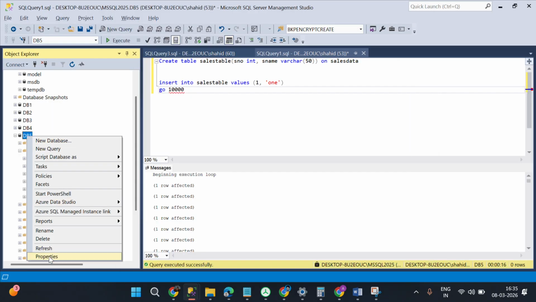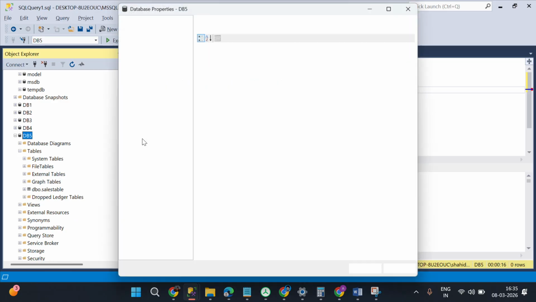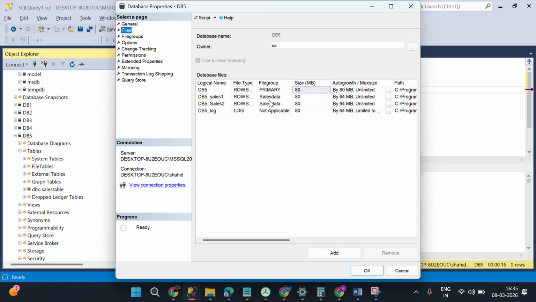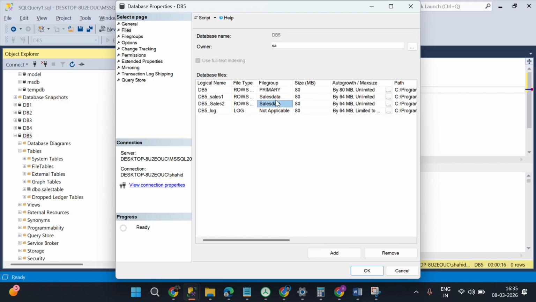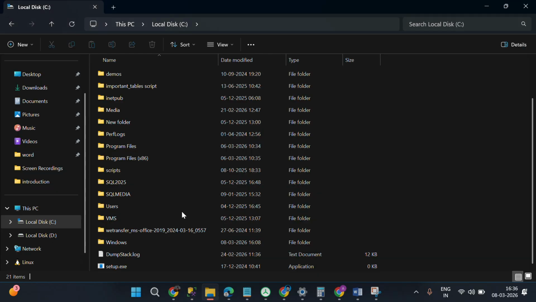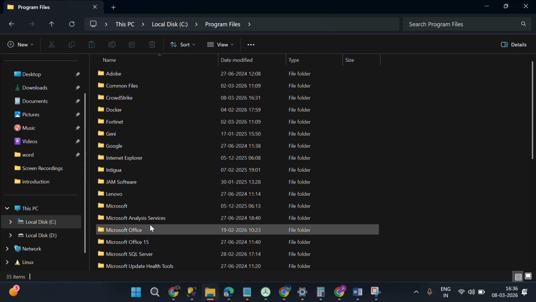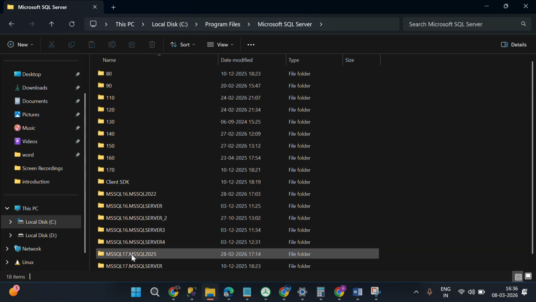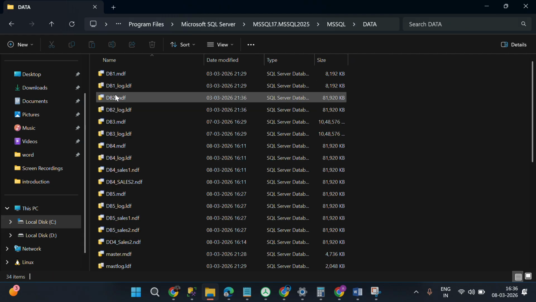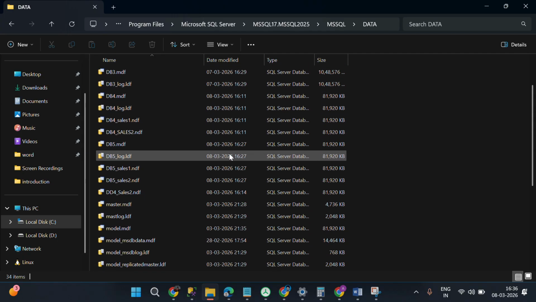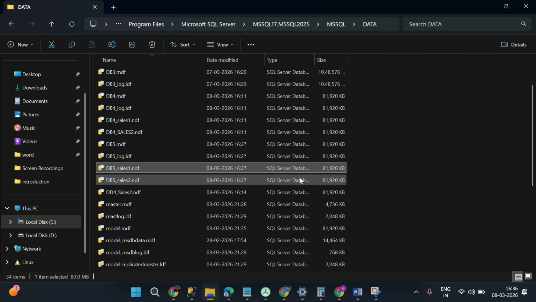Right click on this properties. I have created 2 files on one file group. See here. This is one NDF file. This is another NDF file. Okay, secondary data file NDF. Sales 1, sales 2 on sales data. So if I go here to program files, MS SQL Server and MS SQL 2025, MS SQL, this data, DB5 sales 1, DB5 sales 2, see here, both NDF files have equal data,